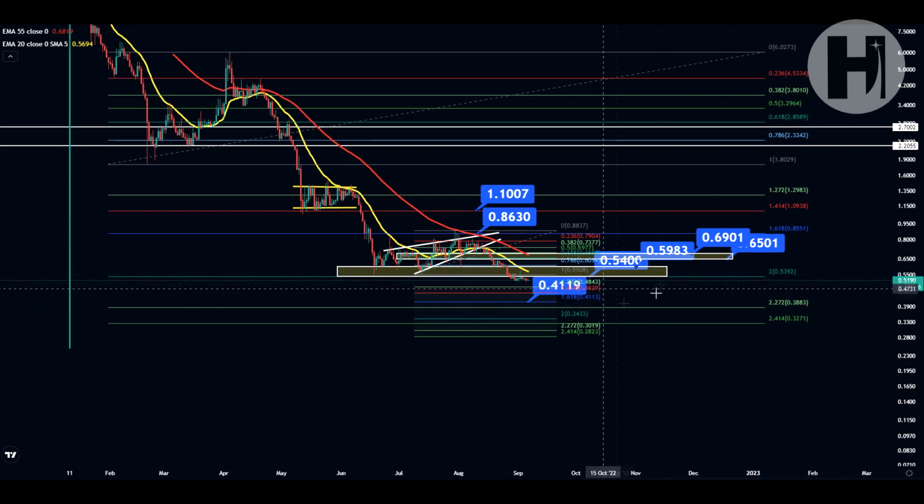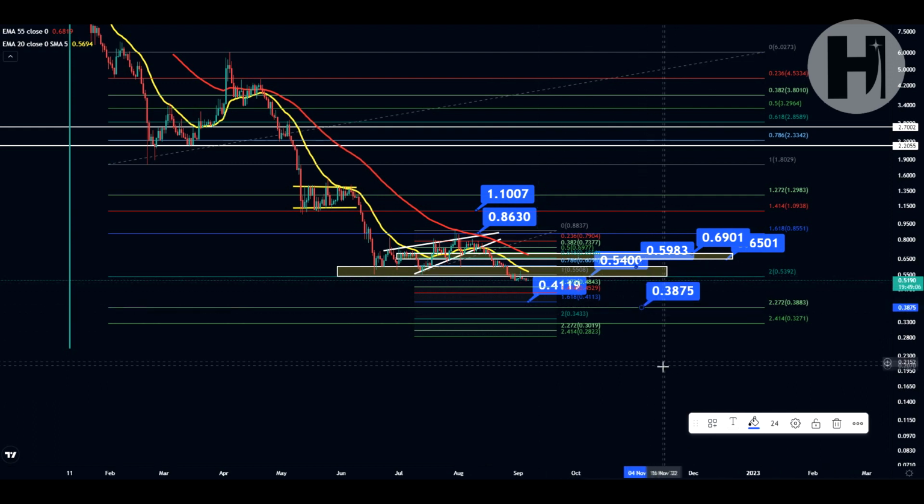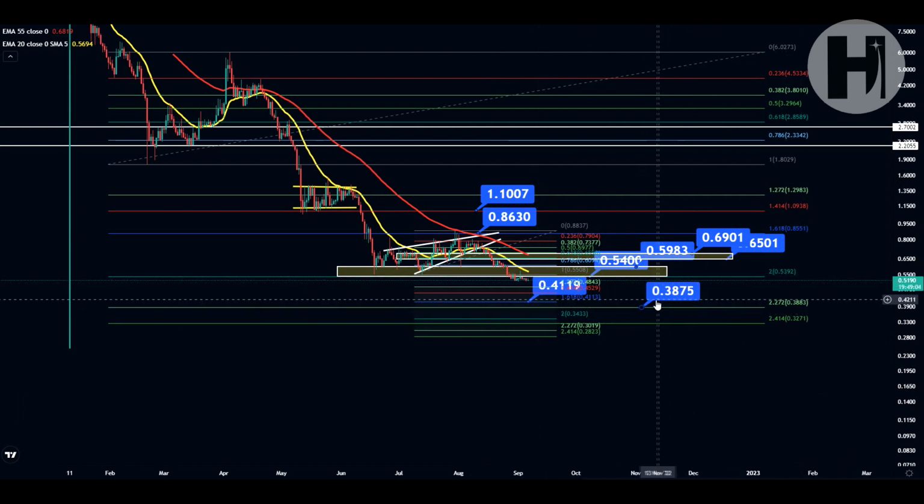And in case of another capitulation, which could arrive here in September, to be honest with you, things could absolutely get worse. So be ready with your fiat like I am, not financial advice, but I will be ready to buy the next strong dip that we're going to have. So the major support level here would be at 38, let's say 39 cents roughly, because that is the 2.272